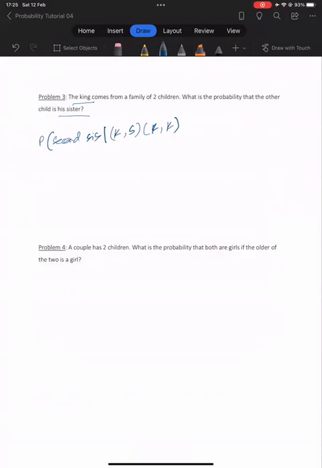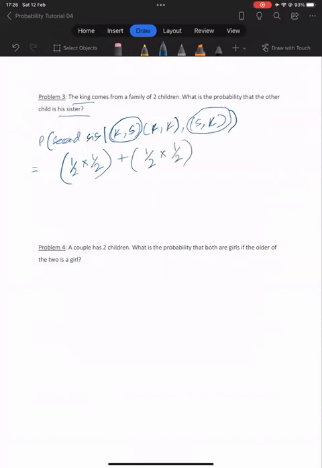And I guess it can also be कि पहले सिस्टर थी और फिर किंग था, ठीक है। So we have ये वाला possibility and ये वाला possibility in the numerator as well. So chances हैं कि पहले king था, half boy and then half for a girl, and then same thing कि पहले sister थी, so half for a girl probability and then half for the king, divided by same probability because ये दो situations do count in the total probability of the two children, and then can be कि